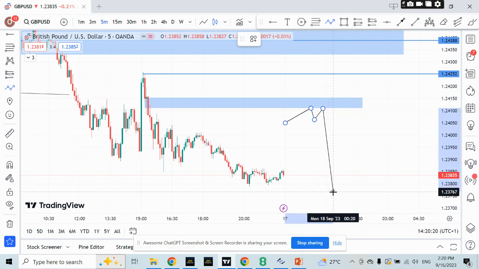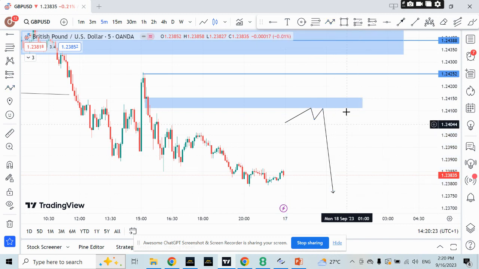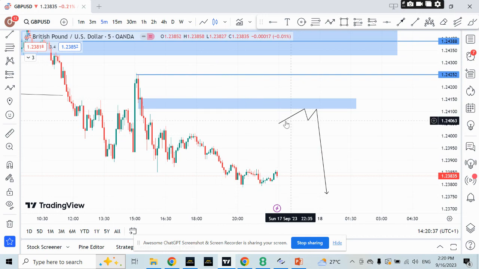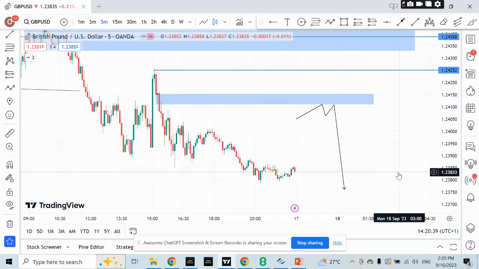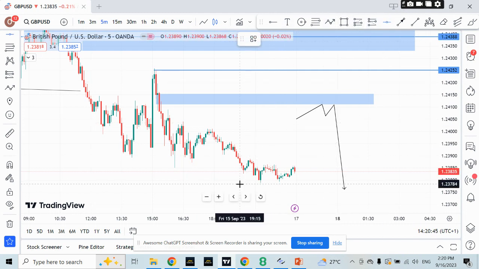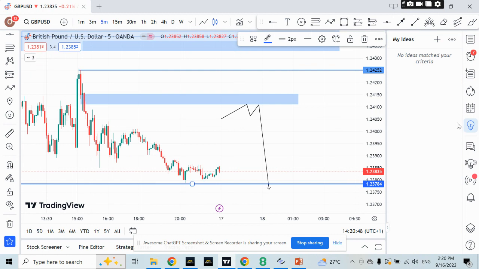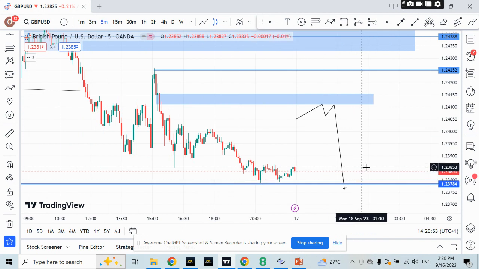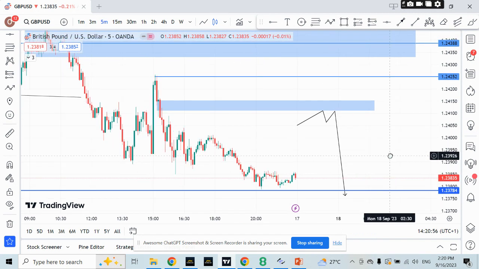Seeing a change, and then I want to get in after seeing a change in character at this zone somewhere there. Then I'm getting into my trades. So anything above this level, I want to look for selling opportunities. And remember, if price respects this zone, this was actually our daily and 4 hours demand zone here. If price respects it, change in direction, a break of structure, then we might wait for a pullback to get